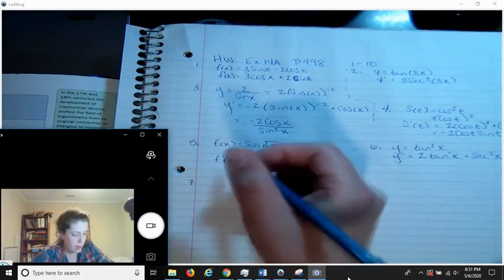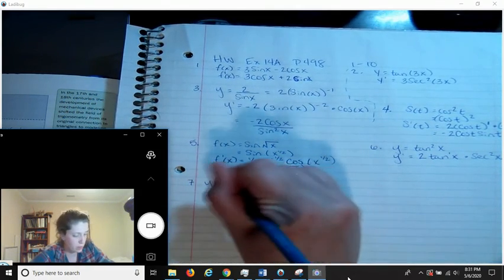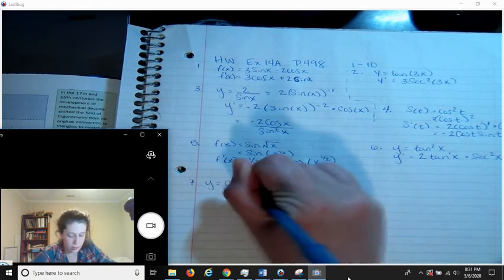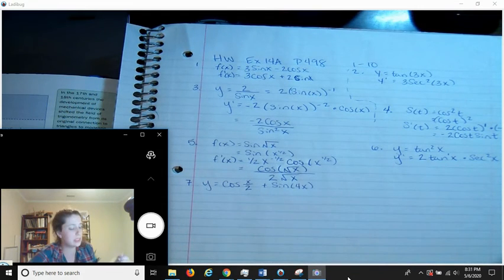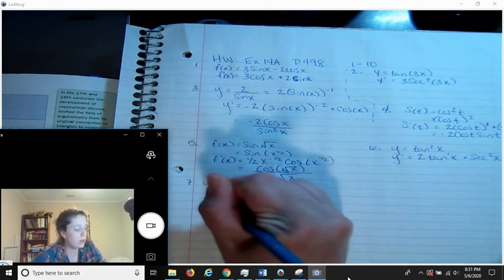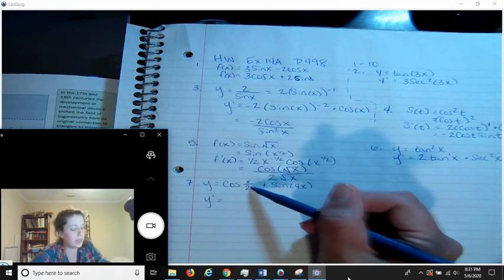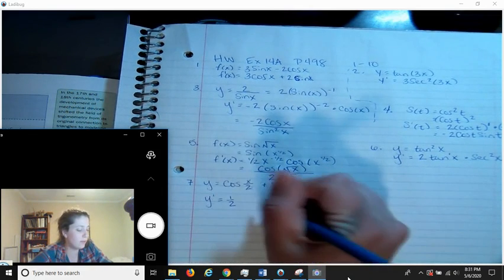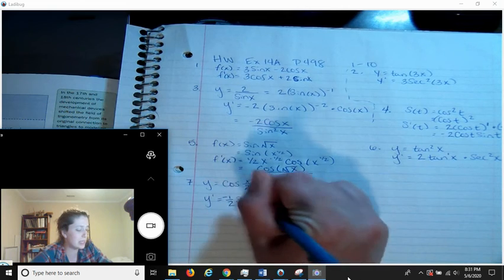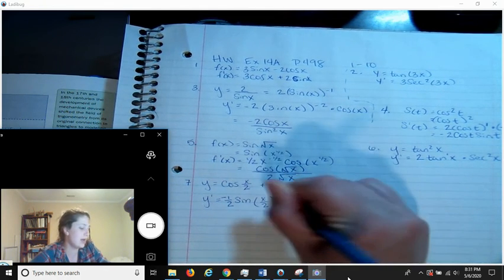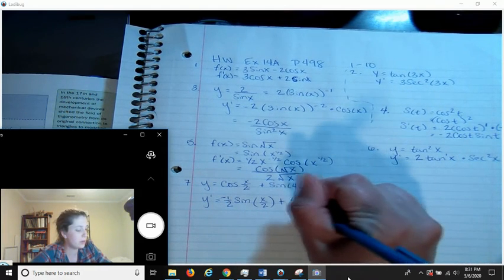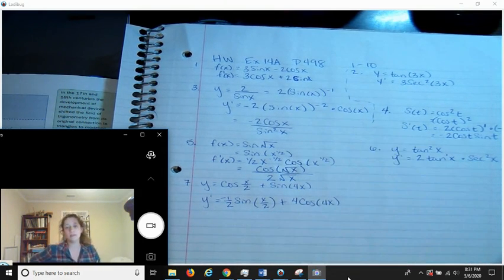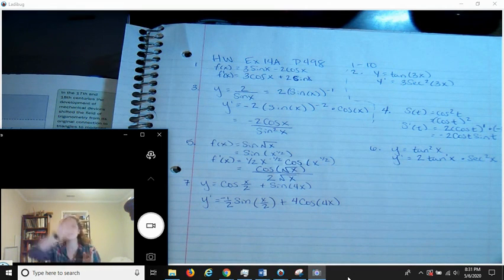Number 7, oh, this one was fun. We have cosine of x over 2 plus sine of 4x. And a couple of you missed this. I have to take the derivative of the inside. The derivative of x over 2 is 1/2. The derivative of cosine is negative sine. I keep the inside the same. Then I have to multiply by the derivative of the inside, which is 4 cosine 4x. So this should be my final answer for this one. Again, I'm taking the derivative of my inside, putting that out front, and multiplying by the derivative of my outside function with